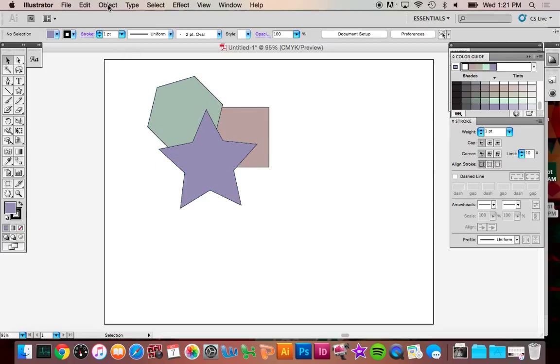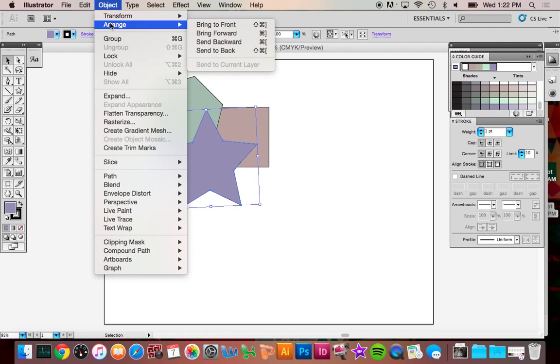And then the other thing that I wanted to show you is arranging, and there's 2 ways that you can get to arranging the shapes. Which shape in this cluster right here is on the bottom? The square. And on the top is the what shape? Star, right? And so if I want that star to go below the hexagon, object arrange, send backward,